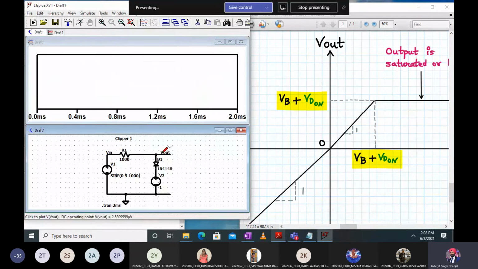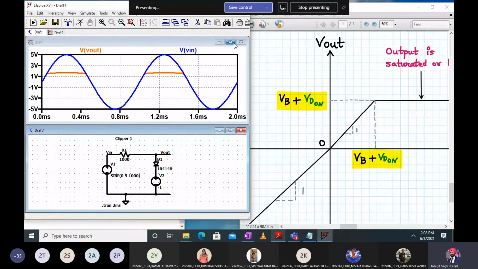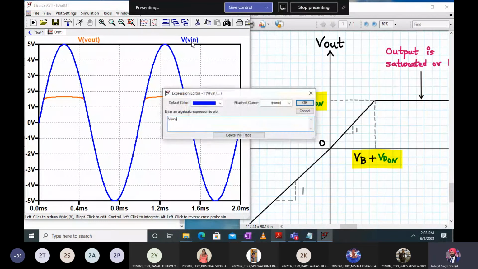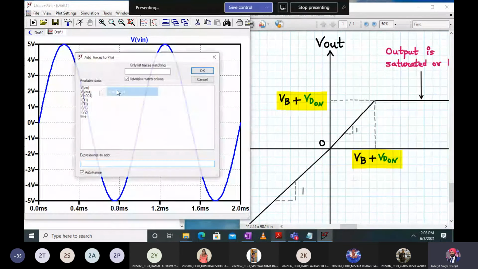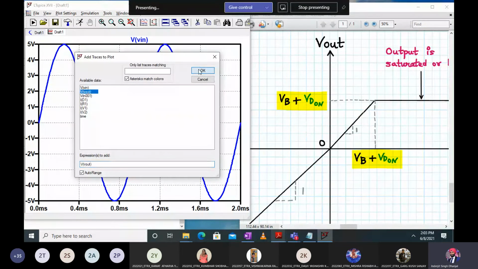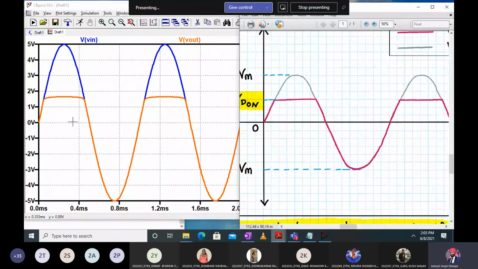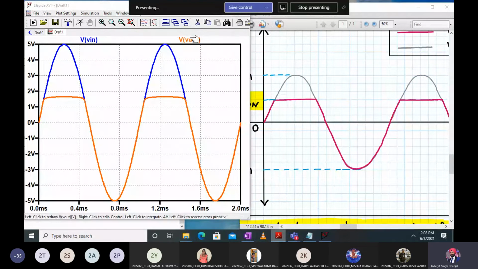So here is my output and here is my input. Now you can see clearly the level has increased. Here is my output. First let me plot the output. So here you see the same graph we are getting, but the level has increased, and that level is right now